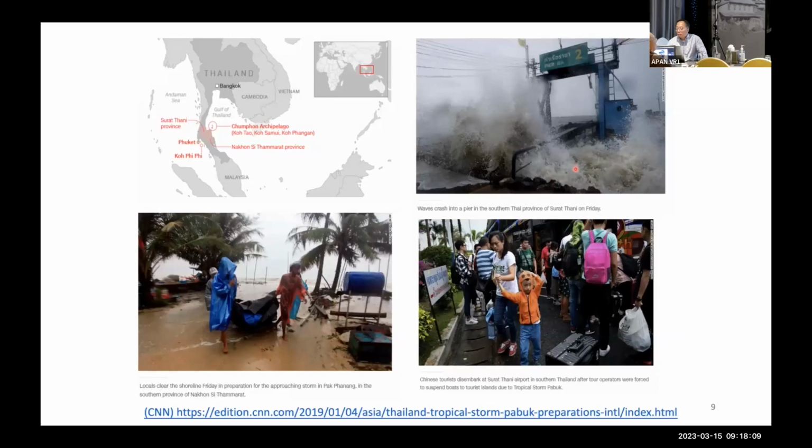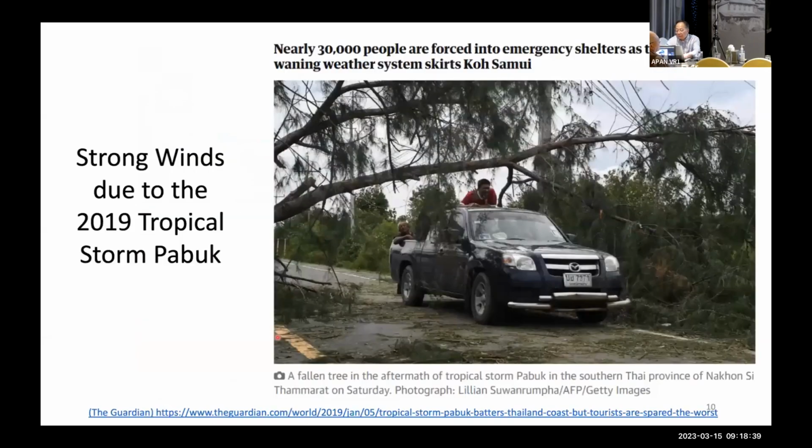So there is some news describing the damage from the Pebble. A lot of people were waiting to take the airport to somewhere, but they have no flights because of the Pebble, and also the waves hit this port and harbor, and because of the rainfall, they hit some areas. So this photo is saying that